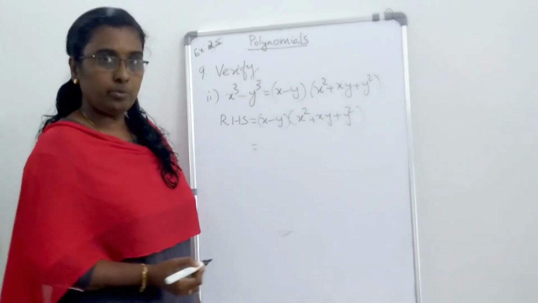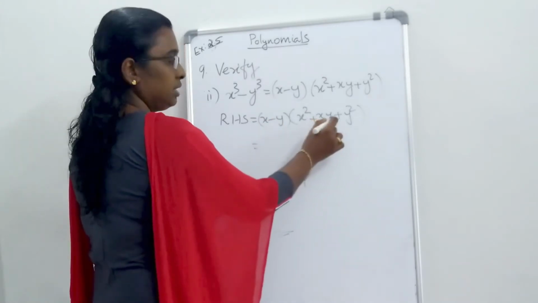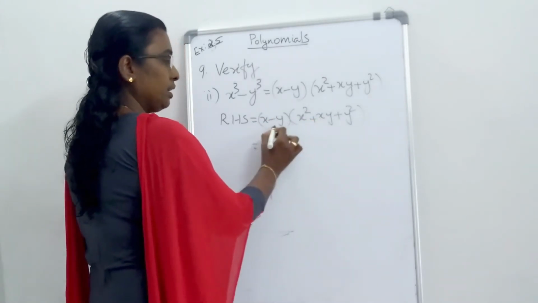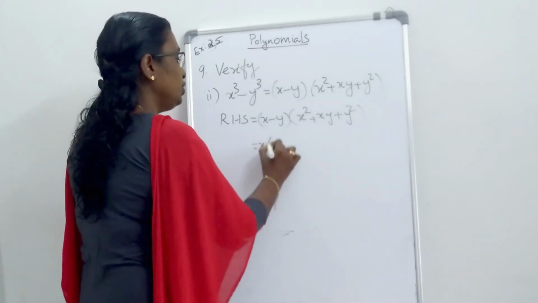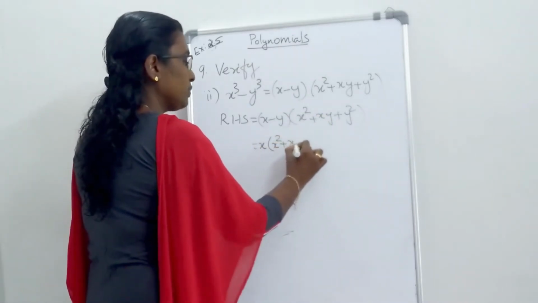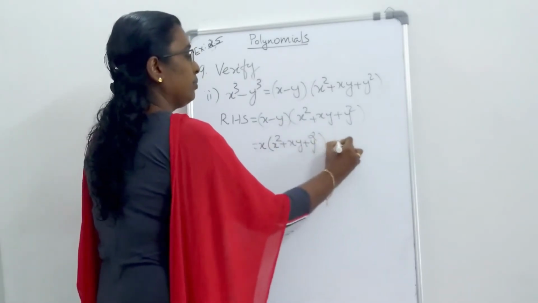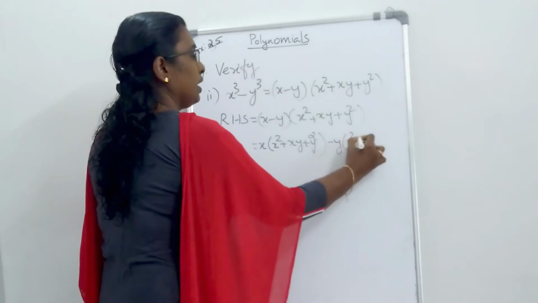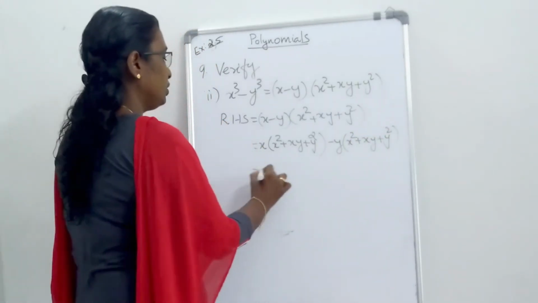Here also remove the bracket. For that multiply x with this factor, then minus y with this factor. x into x square plus xy plus y square, then minus y into x square plus xy plus y square equal to,